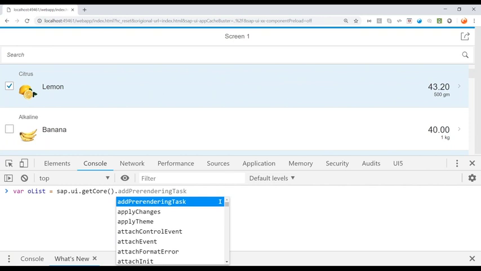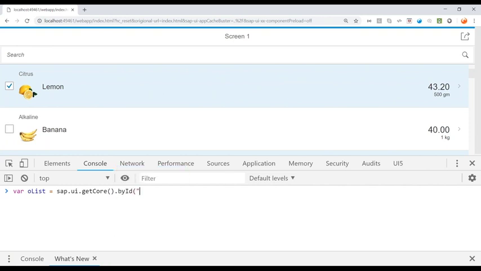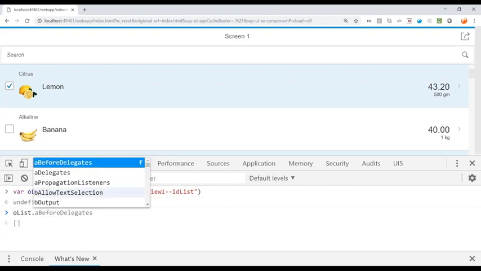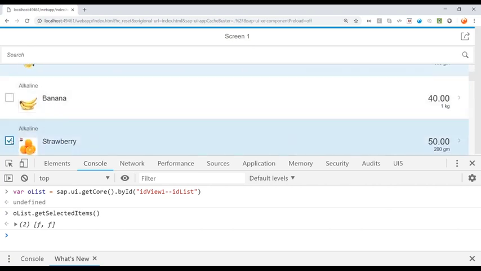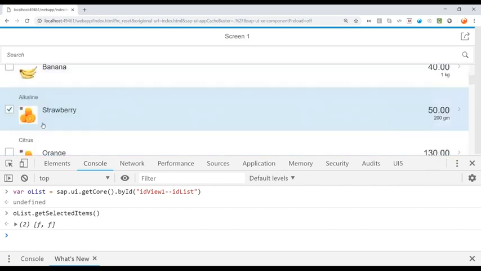So here we have to use get core by ID and pass the complete ID which you got from the DOM. And now you can use olist dot check is a get API or not, get something like selected item or something. Is it there? Yes, you can see get selected items is there, and I think it's plural. You see items is plural, which means it's going to give you all the selected items, and press enter. Voila, you see you have got two objects which actually essentially indicating those two selections which you made, lemon and